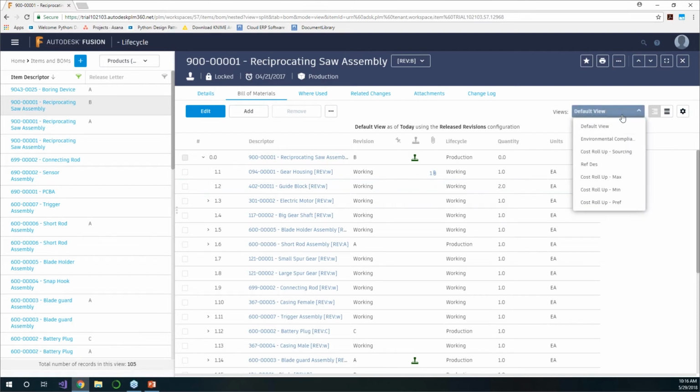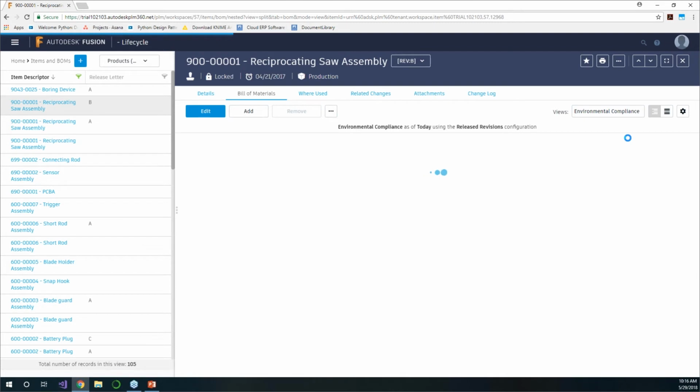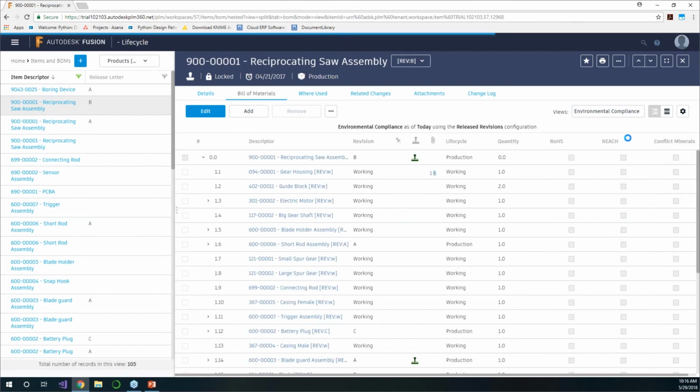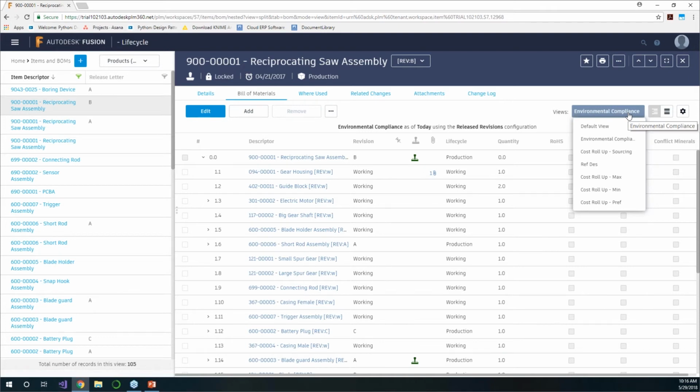Our views are very much the same as well. We can go into a default view. We can see different views of the bill of materials. Unfortunately, it's not like we can view E-BOMs, S-BOMs, and M-BOMs. It's the same bill of materials, but just with different columns to allow us to view different information. And this leads us into the cost roll-up part of the session that I wanted to talk